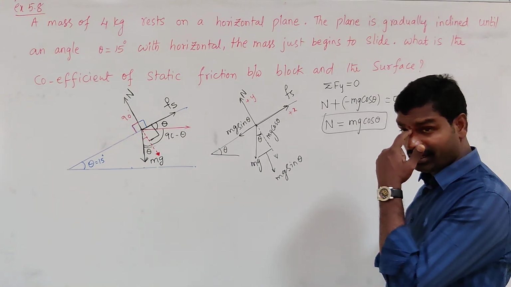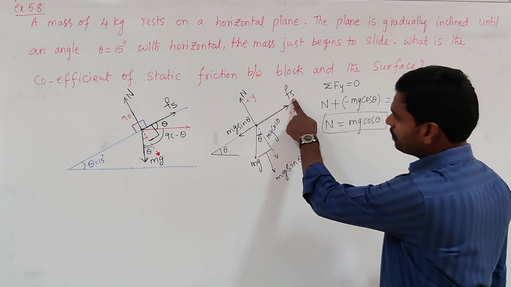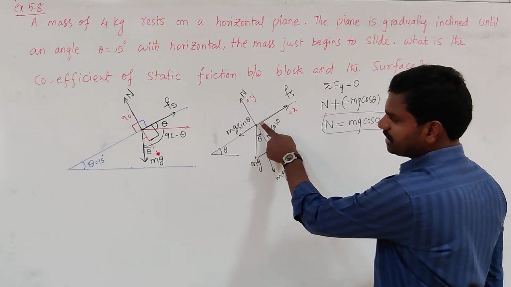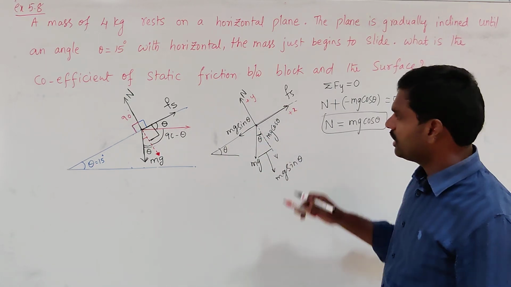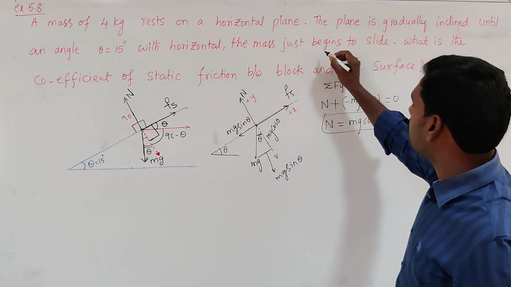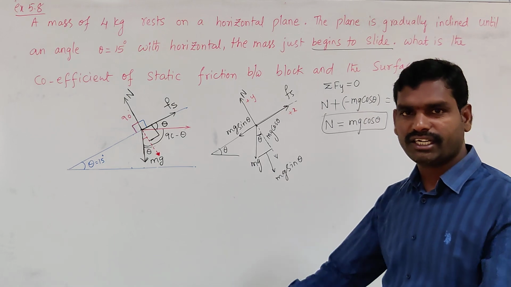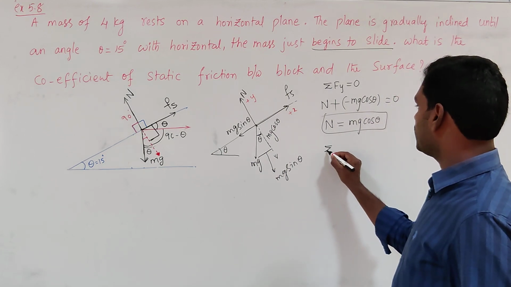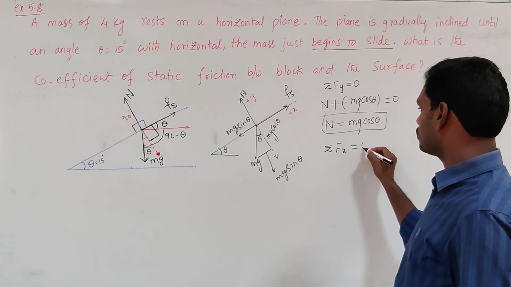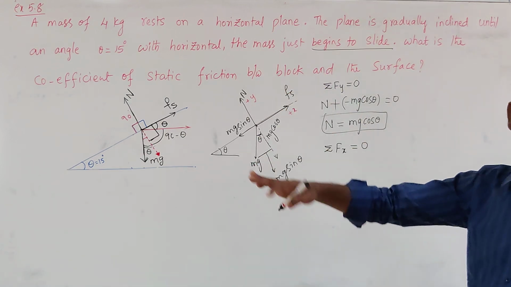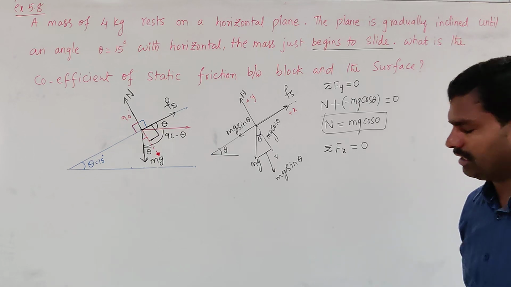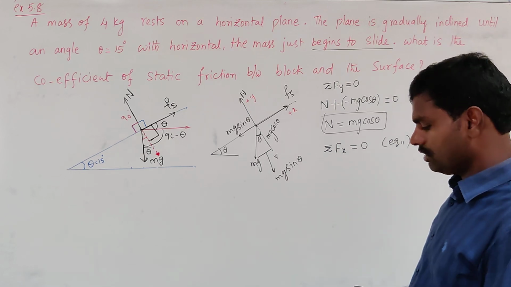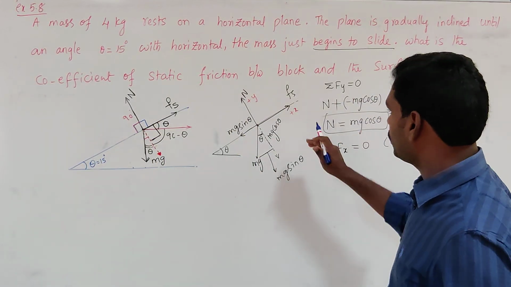Now we need to look at the x components of forces. What are the x components of forces here? The frictional force is acting along the positive x-axis and mg sin theta is acting along the negative x-axis. Is the body in motion or at rest? Still the body is about to slide, that means it is still at rest. So we need to apply the static friction condition here. It is at rest, that means the summation of forces along the x-axis must also be equal to 0, because still the body is at rest, just ready to slide but not sliding. So the body is still in equilibrium, so sigma Fx equals 0. So what is sigma Fx here? The summation of forces along the x-axis.